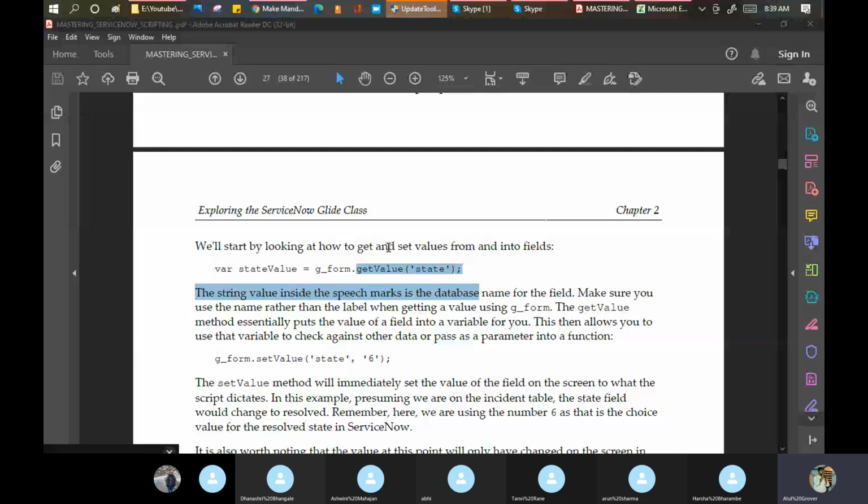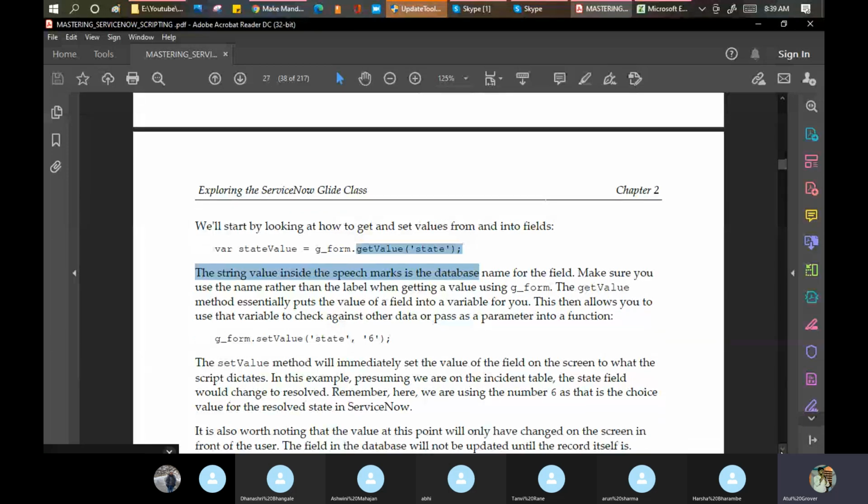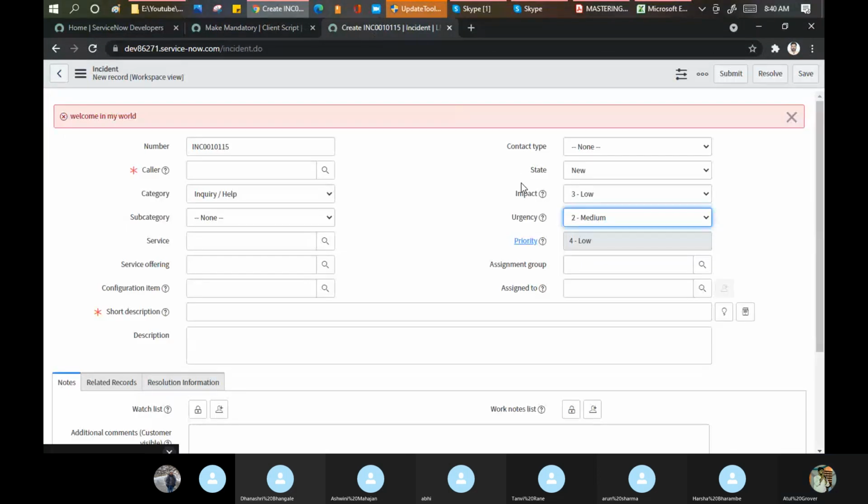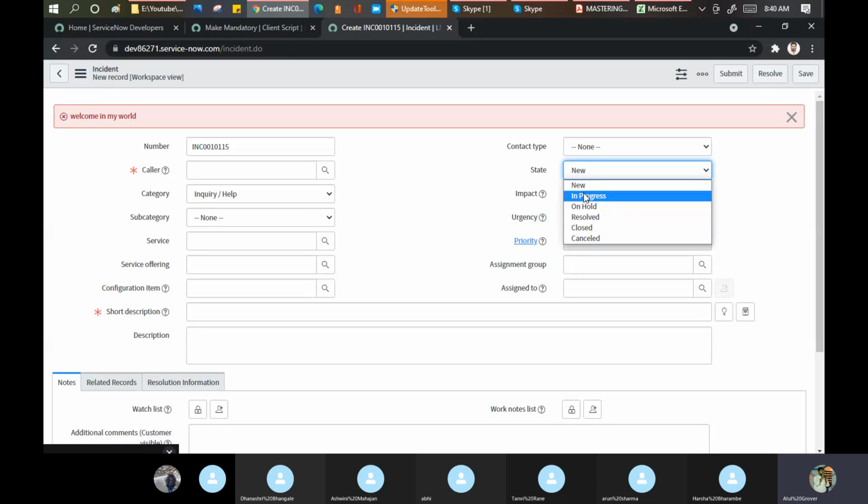to do some value operations on the form level. Okay, one more thing, if you notice, on this part, you can see the state: new, in progress, on hold, resolved, closed, cancelled.